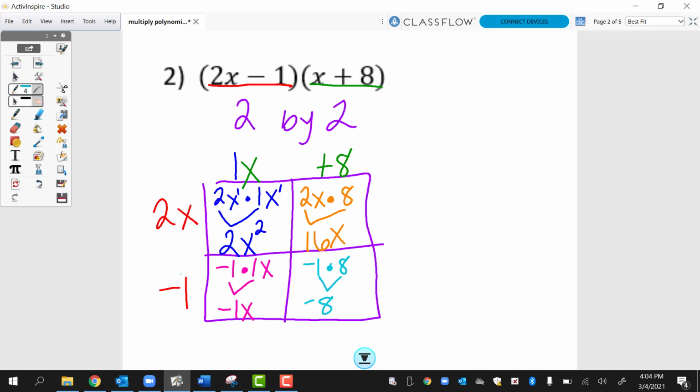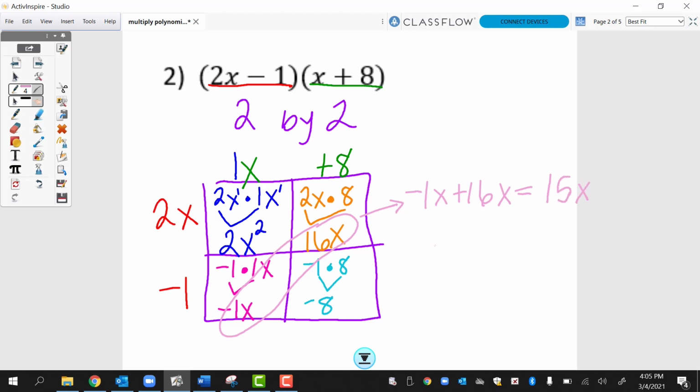Okay, so after I do that, I can add some of these together, which are the things that have like terms. So this is the only x to the 2, so I can't add that with anything. But I have an x here and an x here. I can add those together. So we're going to do -1x plus 16x. You would type that in decimals, -1 plus 16, and you would get positive